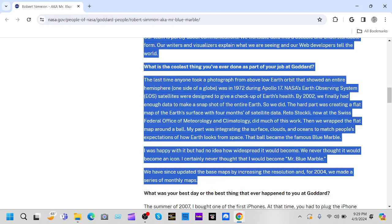The last time anyone took a photograph from above Earth's orbit that shows an entire hemisphere, one side of the globe,